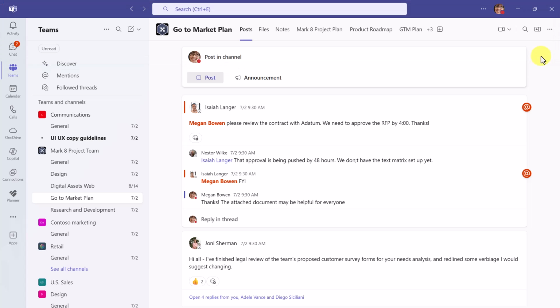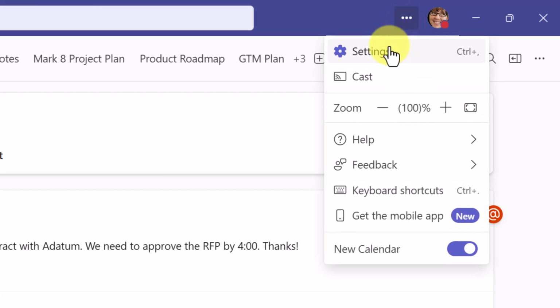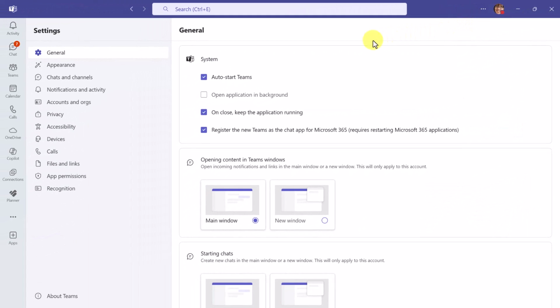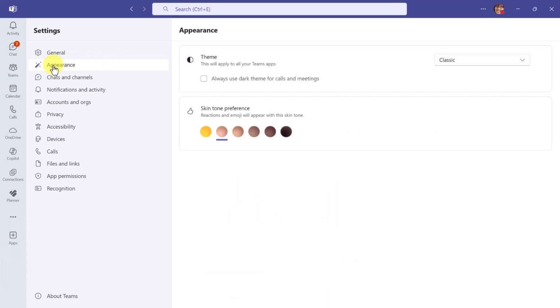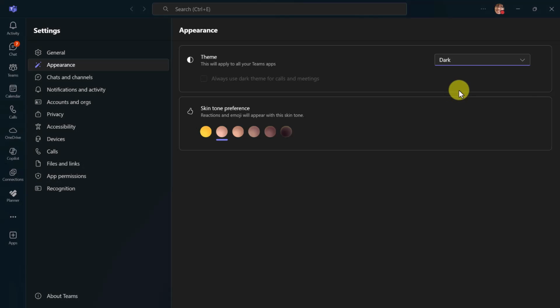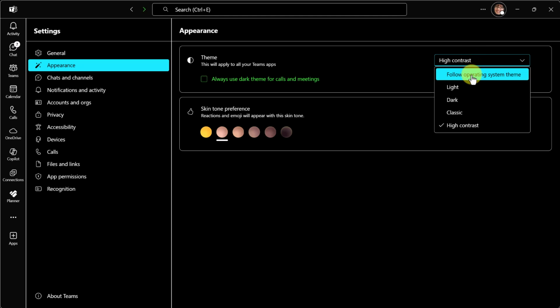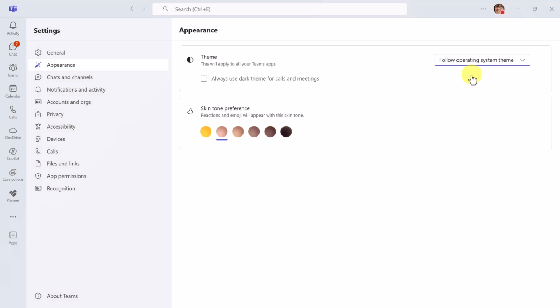To change the theme, we'll head to the Teams settings. This is found under the More options, that's the three dots to the left of your profile picture. Next, choose Settings, and on the left-hand side, select Appearance. Under Theme, you can pick Classic, here is Light, Dark, High Contrast, Follow Operating System Theme, which might look different